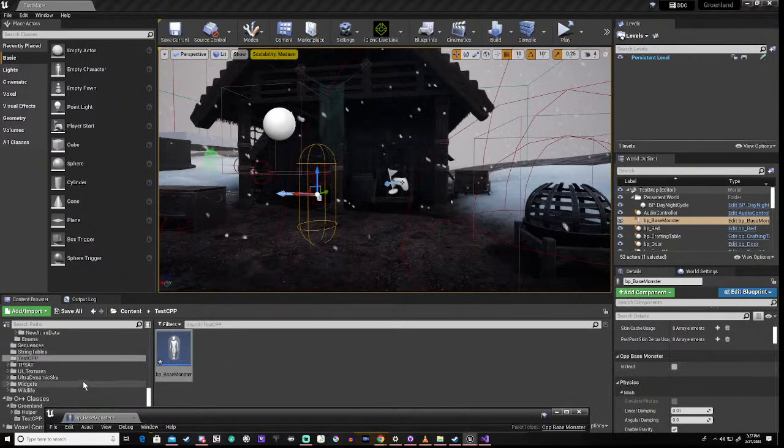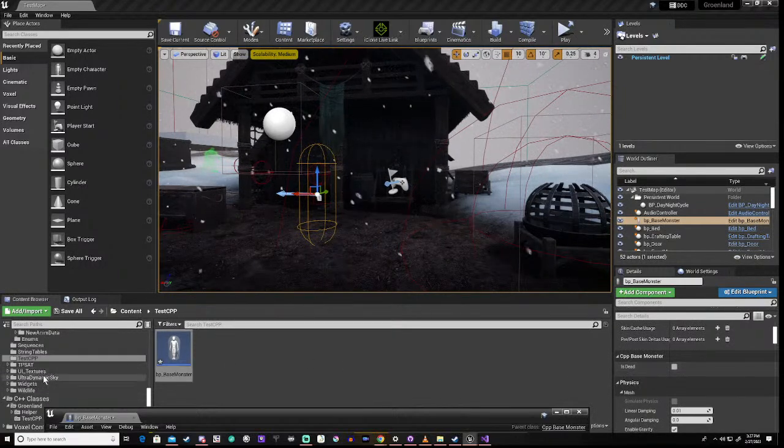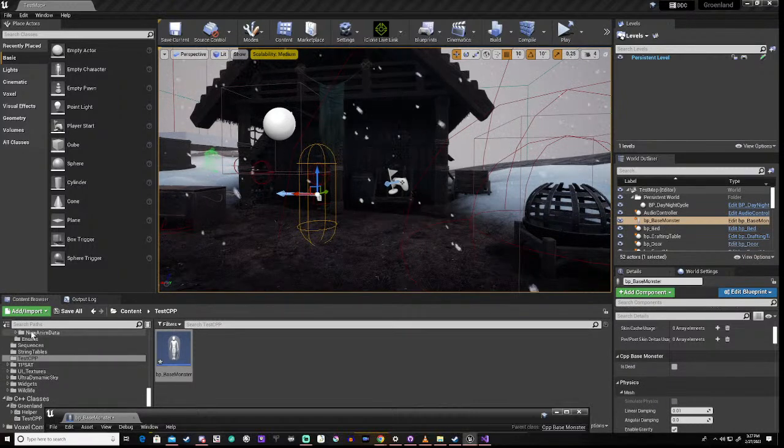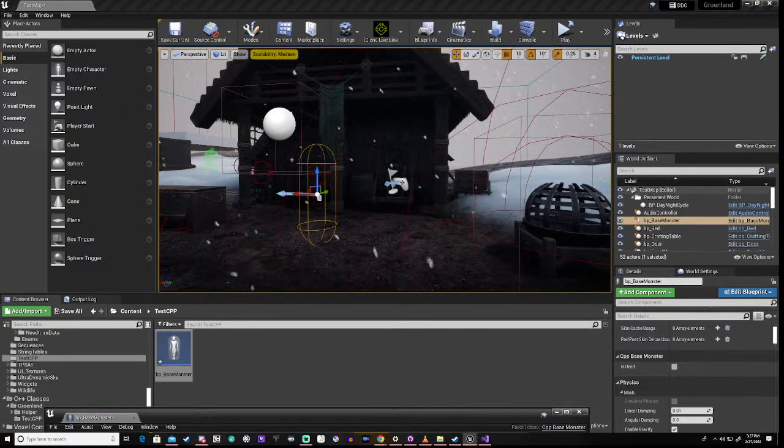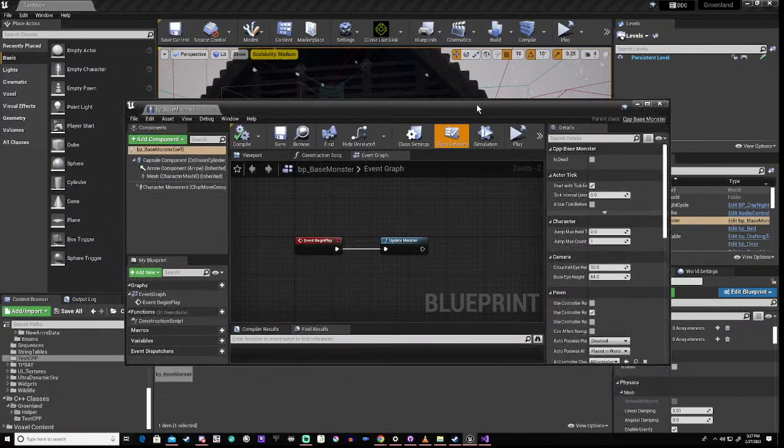So it's not in our blueprint, but it's in our C++ class, right? And then we can obviously set it or get it when we want, right? We can say